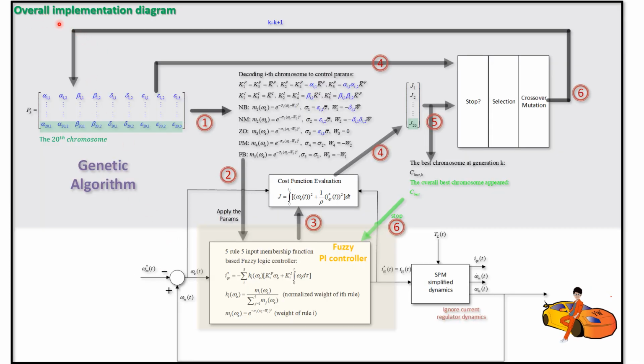This is the overall implementation diagram of what is introduced in the paper. Basically, the genetic algorithm drives the whole thing. In the first step, we need to encode the information, in this case the unknown parameters, into each chromosome, and the paper proposed initializing 20 chromosomes. Each of these chromosomes,